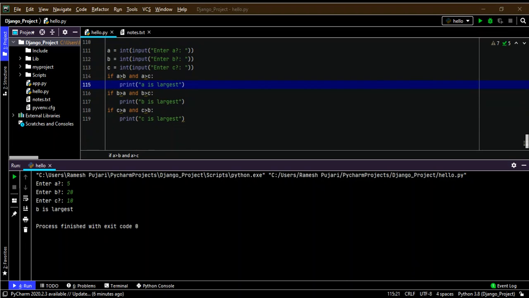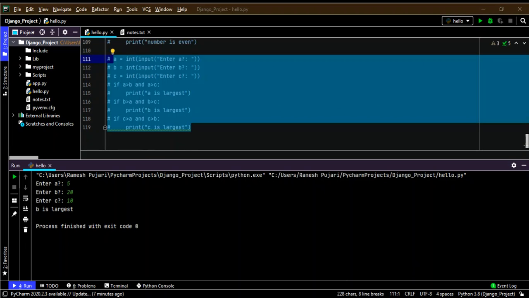Now I am going to demonstrate the if else statement. The if else statement provides an else block along with the if statement, which is executed in false conditions. In an if statement, it will execute only for true conditions, and in the else statement, it will execute for the false conditions also. So here I will demonstrate this one.